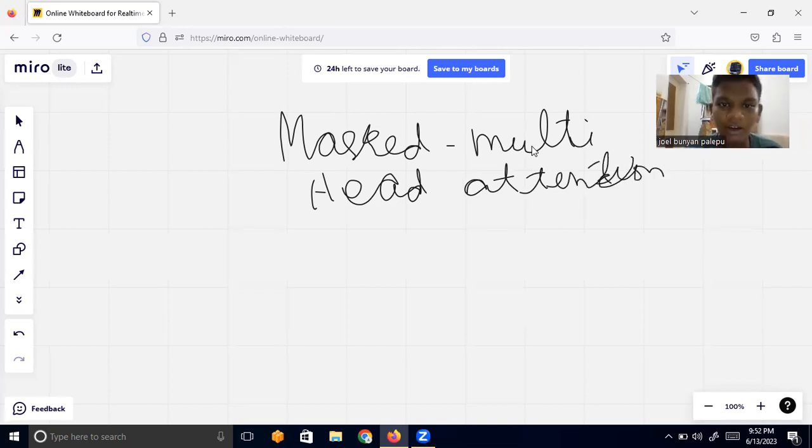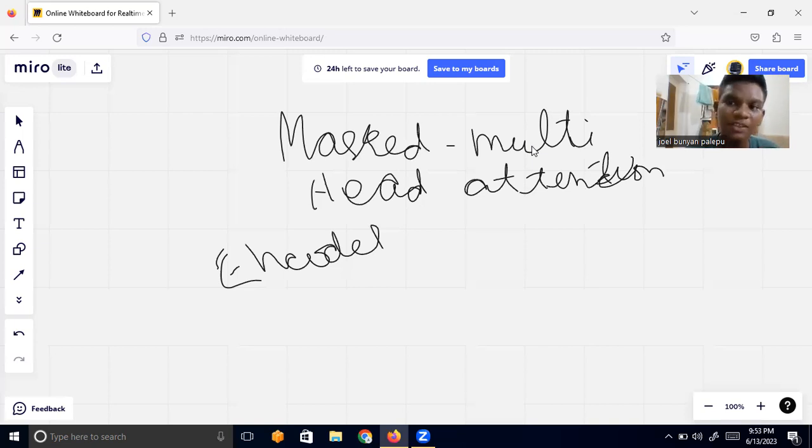I also made a mistake when I said that we'll use masked multi-head attention in the encoder layer. That is a mistake, because no, we don't use masked multi-head attention in the encoder layer,